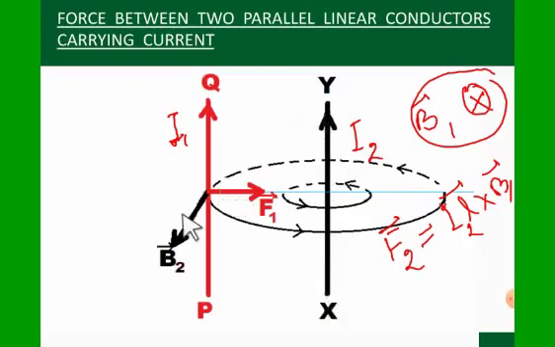So it will be directed outward, perpendicular to the plane of this paper. Got it? Now you have to assume it again, just as we did, that the magnetic field is coming outward. Which magnetic field? B2, because it is produced by the current I2. So the magnetic field produced by this current at this position will be directed outward and perpendicular to the plane